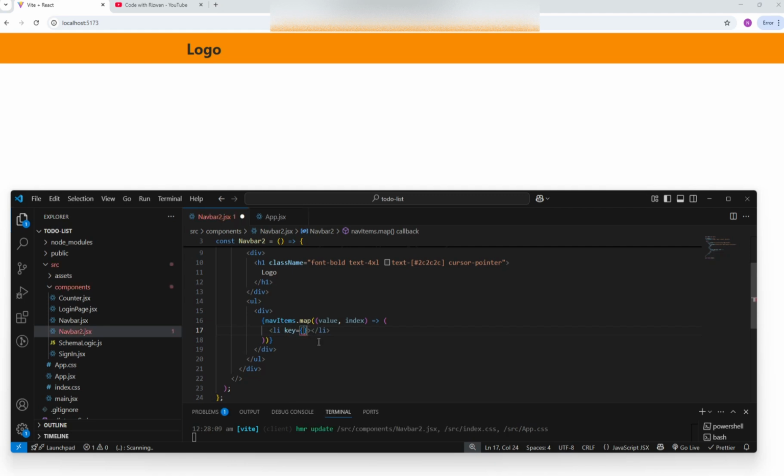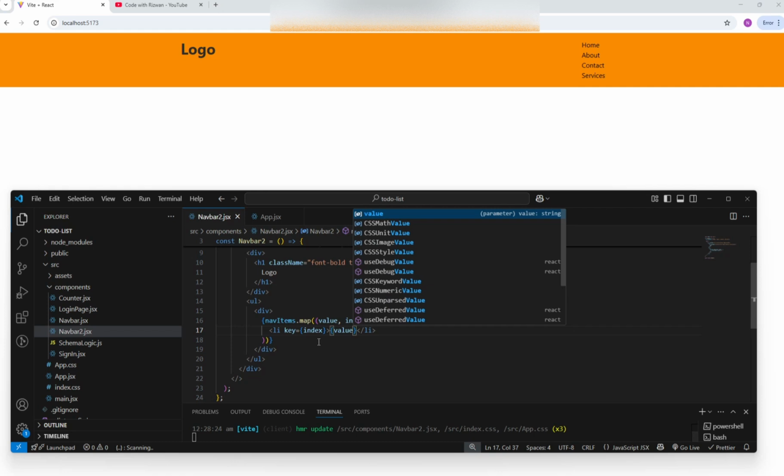Now you see, giving key as index and the value. Now you can see these nav items are now visible on screen.